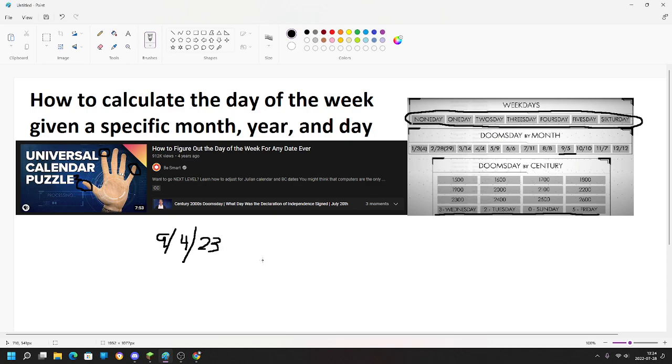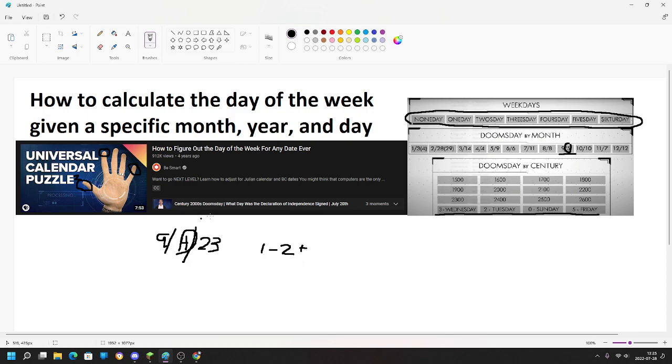So let's think of September 4th, 2023. So our code number is 2, because Tuesday. Also, another thing I want to show you is, if this number is greater than the day, you subtract. So you would subtract 1 off your final answer. Is that how you, yeah, that's how you read it. So then, I don't want to confuse you there, hopefully. So 1 minus 2